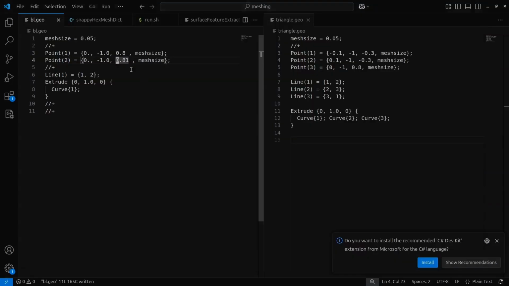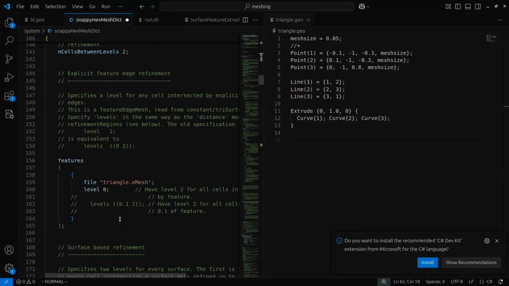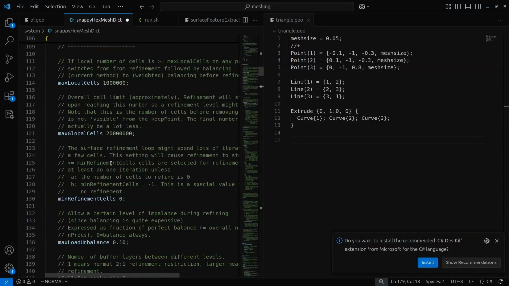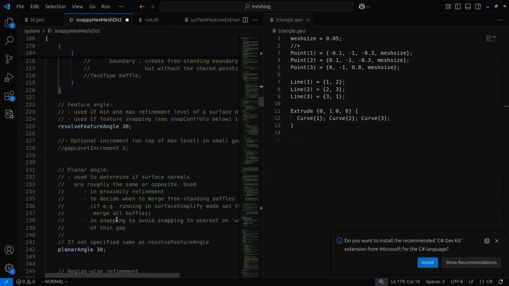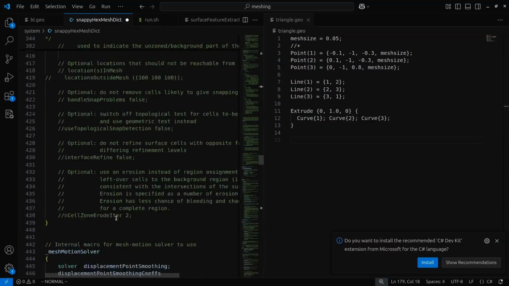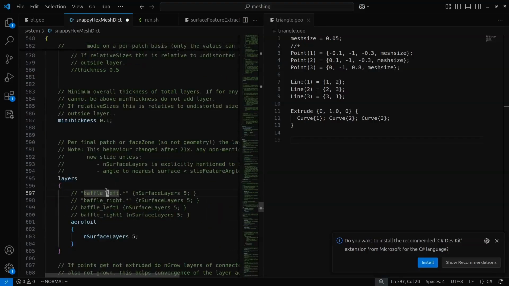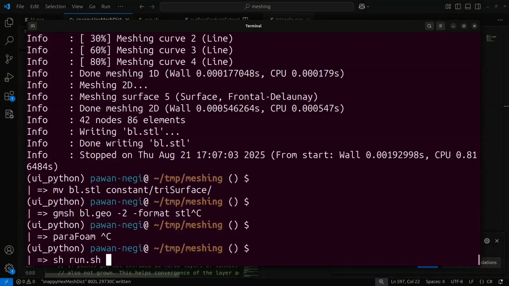And now we'll directly go to snappyHexMesh and use this STL file with a similar procedure, and then the baffle left. This name should be the same as what we have here, and then in the layer addition we have to add layers on both sides here. Remember that this star means that it will add layers on both the master side as well as the slave side. Again I'll run this,